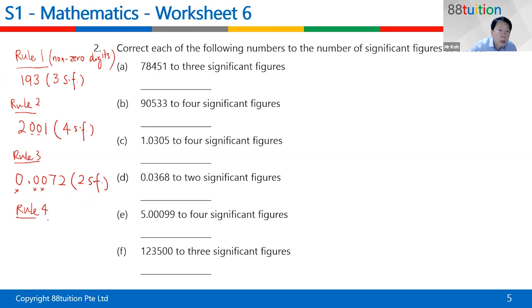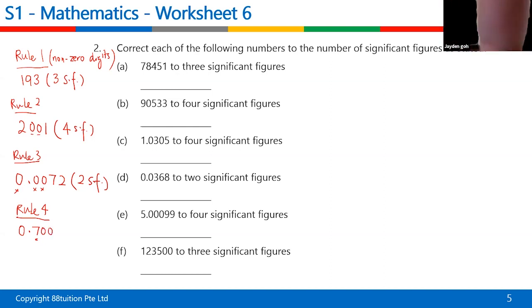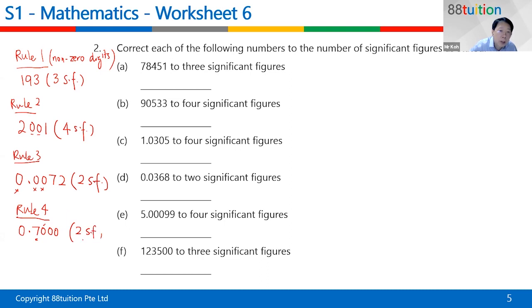So I quickly run through the rules. Now, rule 4, in a decimal, all zeros after a non-zero digit are significant. For instance, if I have 0.7, then all zeros after a non-zero digit, this is a non-zero digit, so I can have 0, 0, 0. In this case, it can be considered as 2 significant figures. Also can be considered as 3